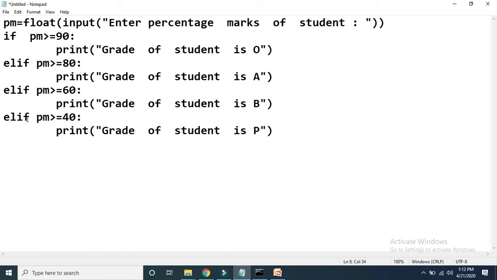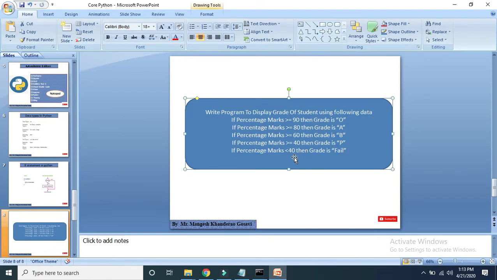Now, if all these conditions are false, this condition false, the second condition false, this condition false, and this condition also false. If PM greater than or equal to 40 is false, then obviously percentage marks will be less than 40. And if percentage marks are less than 40, what grade do we display? We display grade as fail: student is fail.